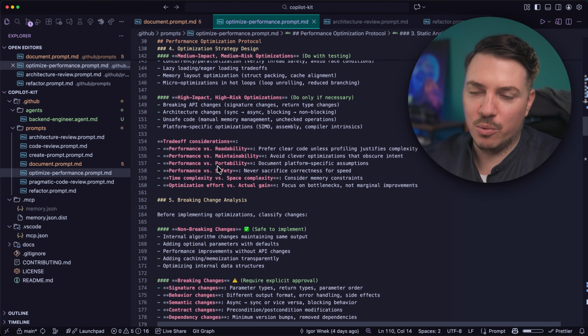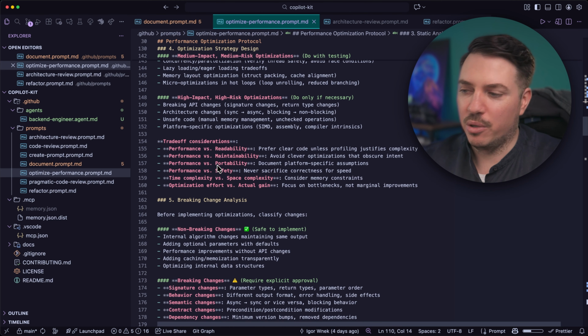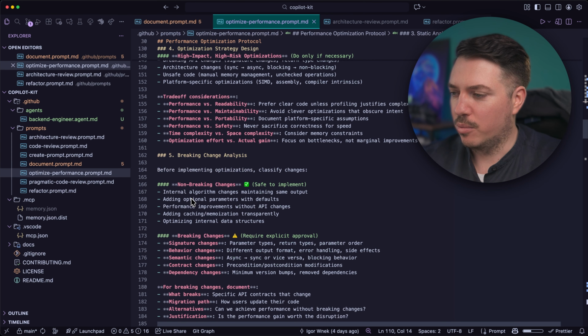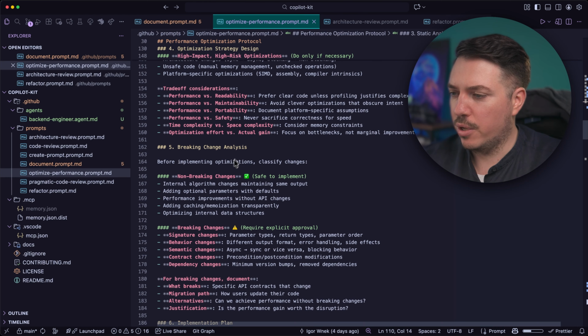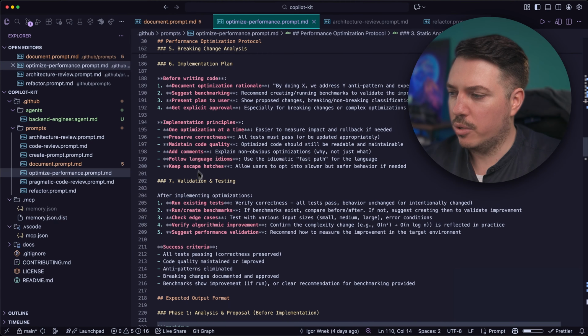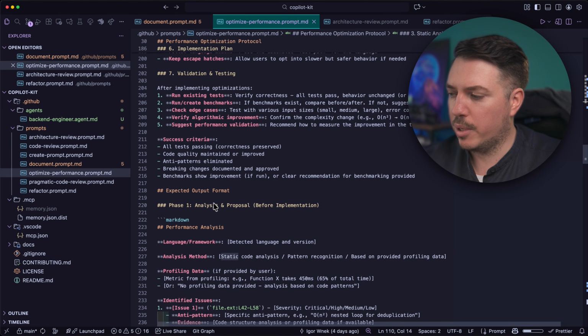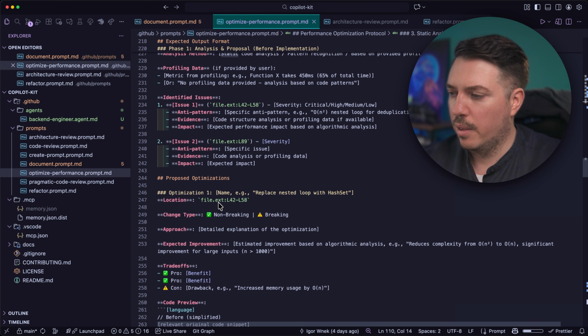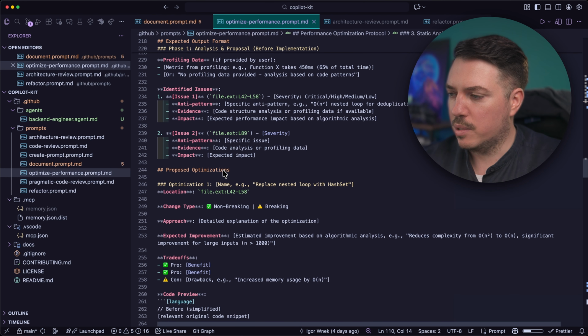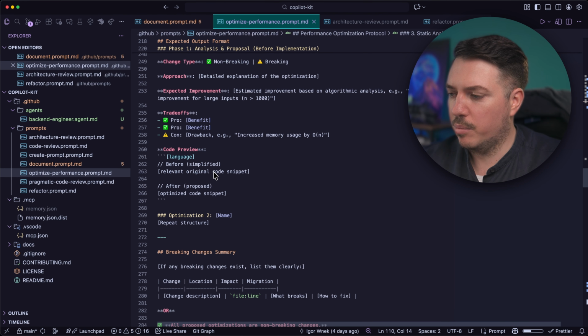I can't wait to check this also in Node.js or Go, because I think that it should be a really nice kicker to the projects. We have the breaking change analysis, because it's important to know if you will introduce a breaking change or not. Implementation plan, validation and testing, expected output format. Okay, proposed optimizations. So we have examples here,